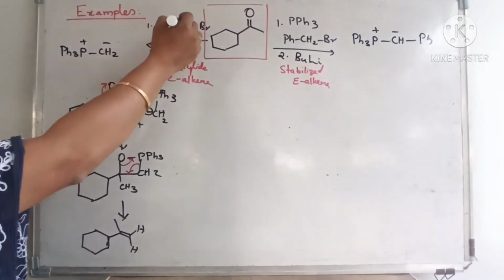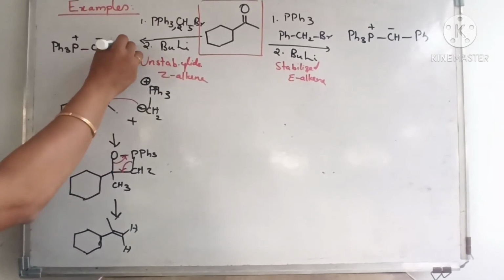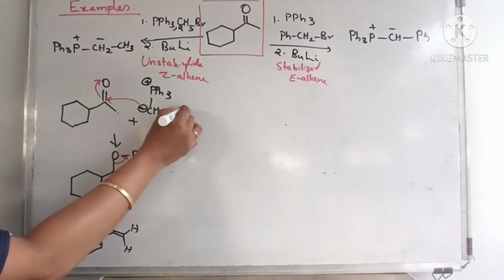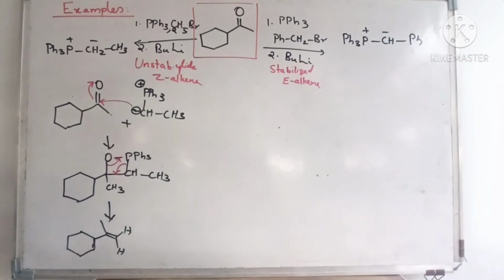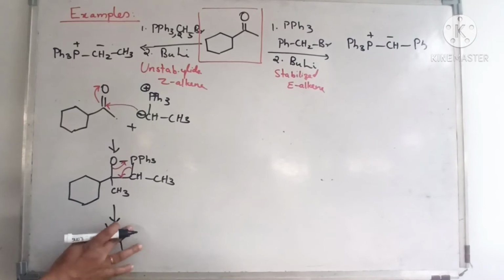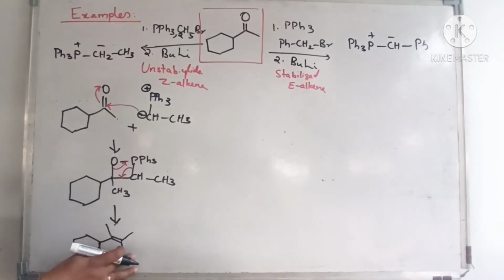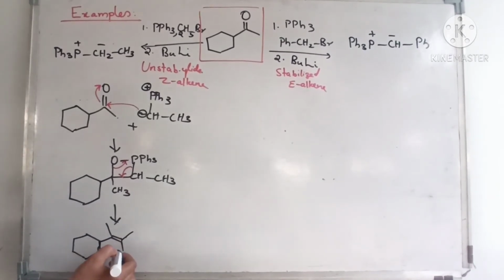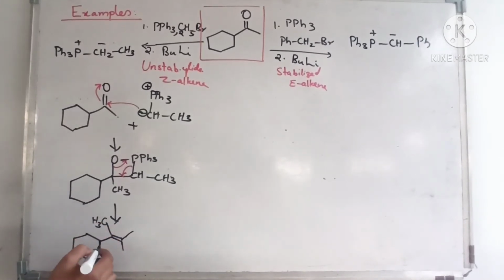So instead, if you are taking C2H5 over here, you will be getting CH3 like this. Okay, so here instead of one hydrogen you will have one more methyl group, so that you can very well write which is E-alkene or Z-alkene. Okay, now there is a possibility after writing here a methyl group, here hydrogen. So here one will be methyl and one will be hydrogen. Okay, so if you are writing in this manner, this is already in the starting material.